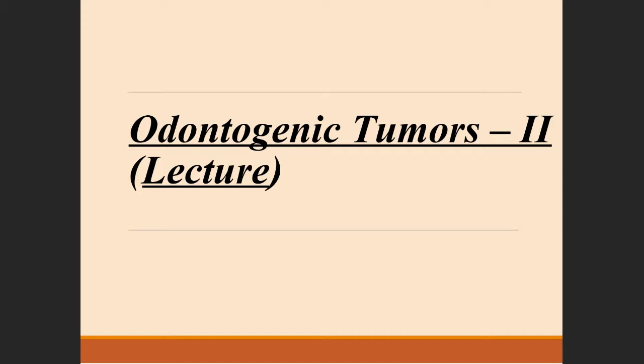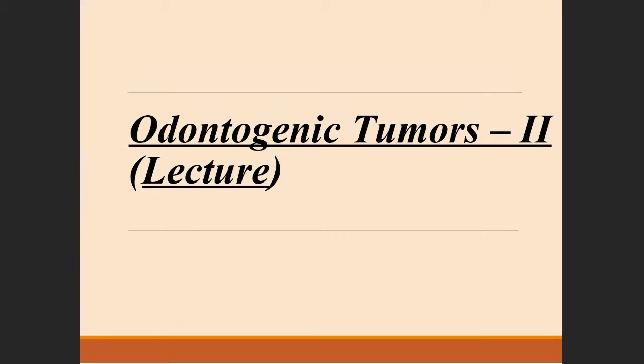Last lecture, we had studied a few important, that is, very frequently seen tumors like ameloblastoma, adenomatoid odontogenic tumor, calcifying epithelial odontogenic tumors. Now these, whatever we had discussed, were tumors which originated from the proliferation of odontogenic epithelium. So we have one more tumor left under the same category, that is squamous odontogenic tumor, and we'll be discussing that first, okay?